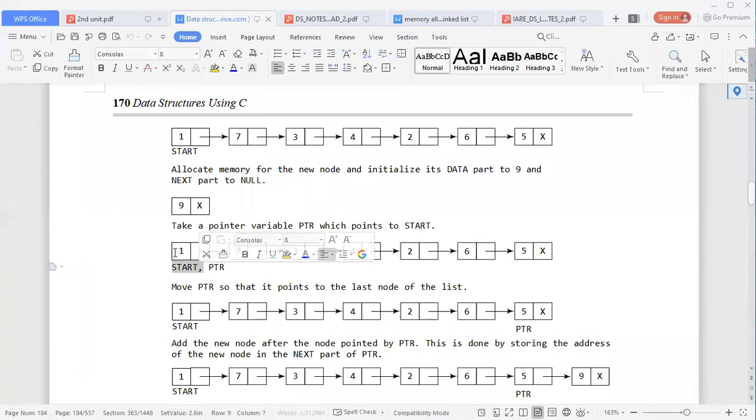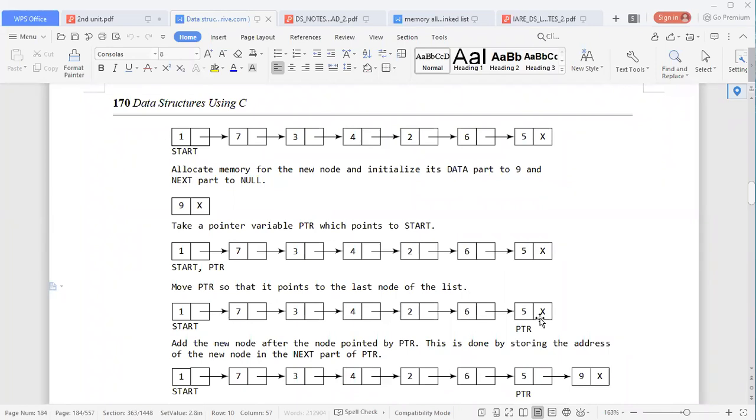We use a pointer variable that stops when the last node arrives. How to search for the last node? Wherever the next address field of a node contains null, that node is the last node.